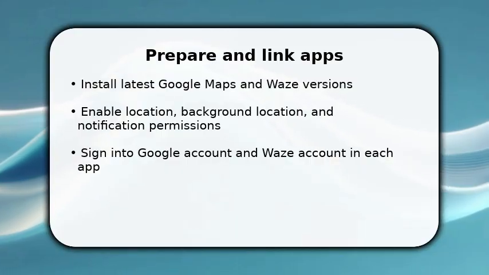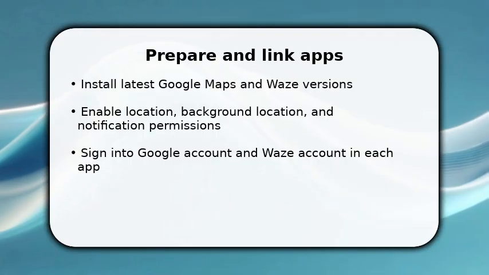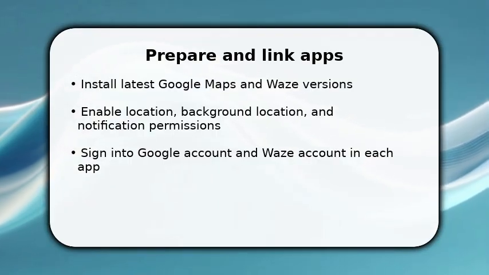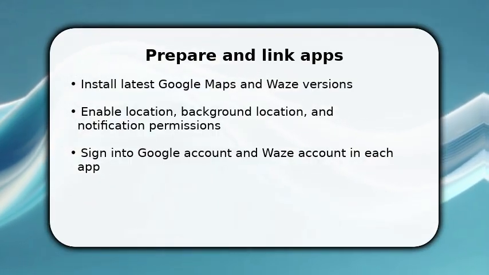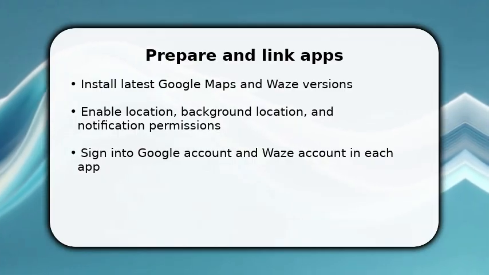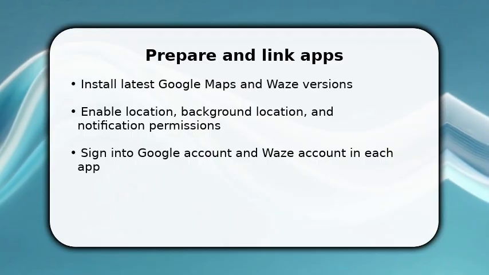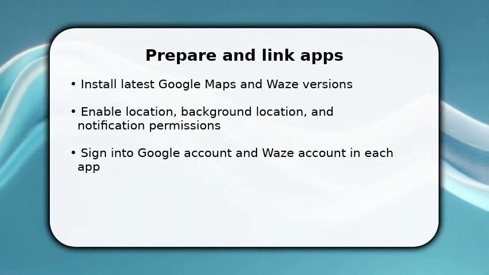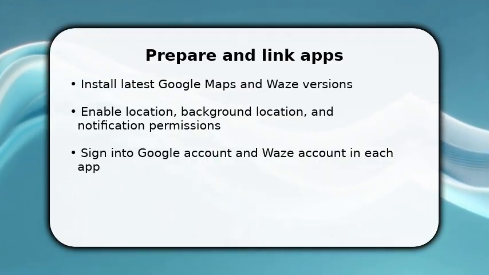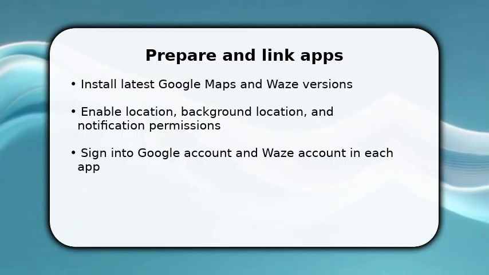You start by preparing both apps so integration is smooth. Open Google Maps and Waze. Make sure each app is updated and signed into. This avoids account conflicts. Once done, grant location and background permissions and enable notifications so directions can remain active while